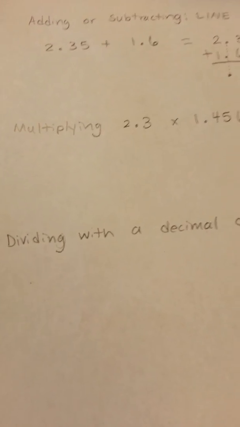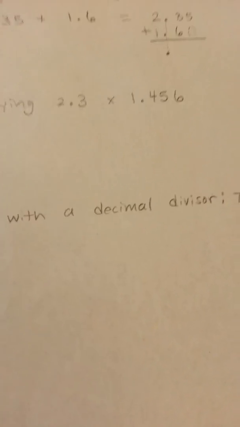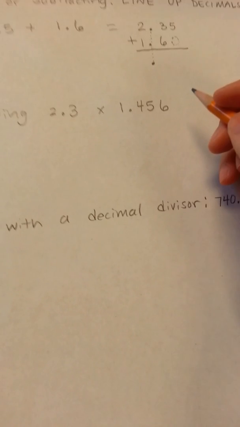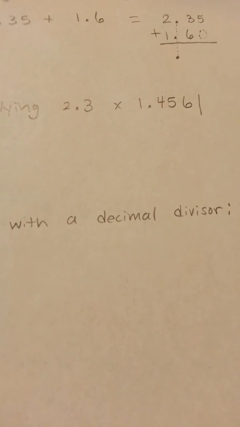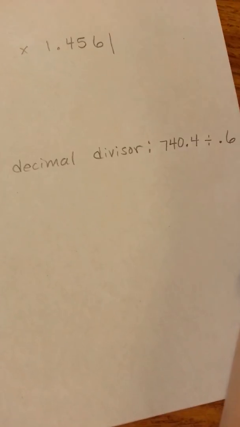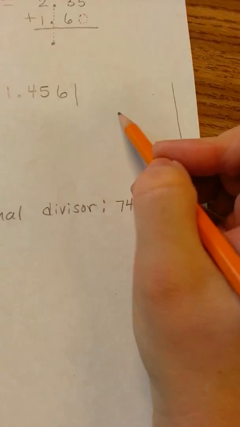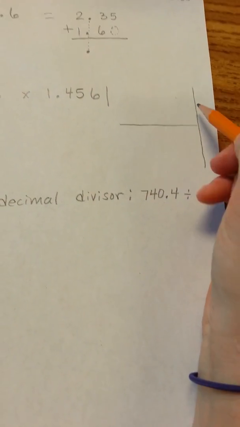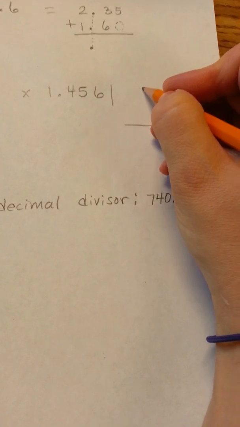When we multiply with decimals, it's very important that you put your first value as your longest number. Now, I suggest that because that makes the problem a little bit easier on you. So, for example, I suggest drawing a nice big sideways T. Now, up against this wall is where I'm going to place my values. My longest value,